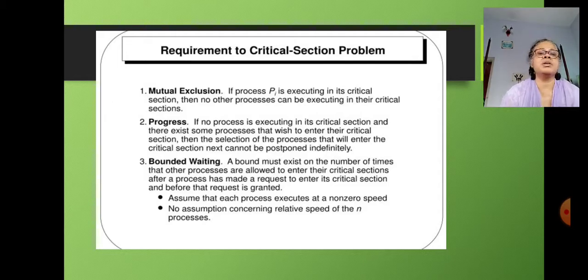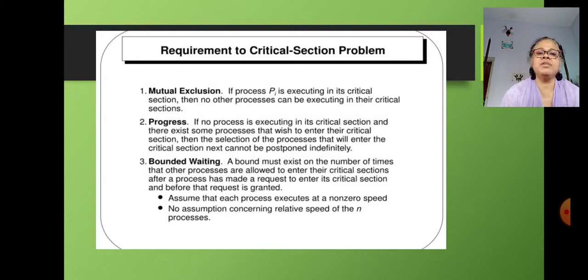Second is progress: if no process is executing in its critical section and there exist some processes that wish to enter their critical section, then the selection of the process that will enter the critical section next cannot be postponed indefinitely.